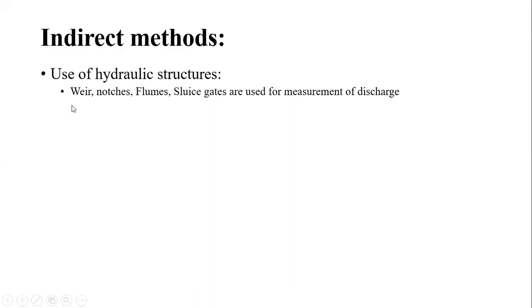And if we talk about the rectangular weir, then Q is equal to 2/3 C_d L under root twice g H raised to 3/2. So here we will be required to measure the head, and if we know the coefficient of discharge, that is, if the weir is well calibrated, in that case we will be able to measure the velocity, and then that measured velocity will be used to calculate the discharge. If we know the area of the water flowing there, then we will be able to find out the discharge passing through that particular structure.